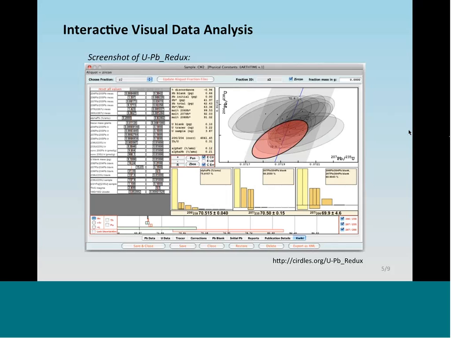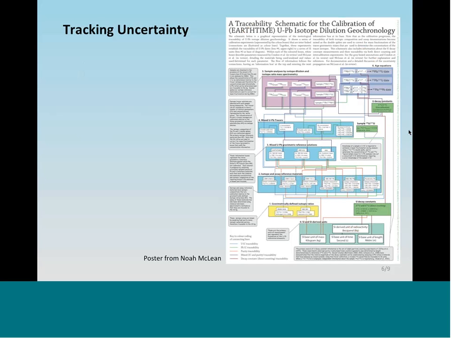Another topic that repeatedly came up in the context of the workshop was the need to track and partition uncertainty. And this isn't just limited to uranium-lead geochronology. It applies through every step of estimating ages, from the calibration points all the way to interpolating and extrapolating those data to other horizons.